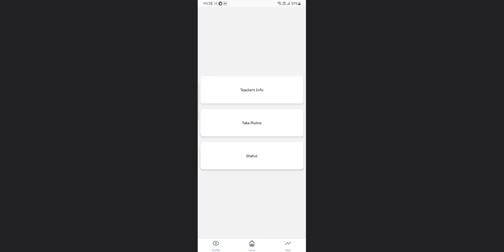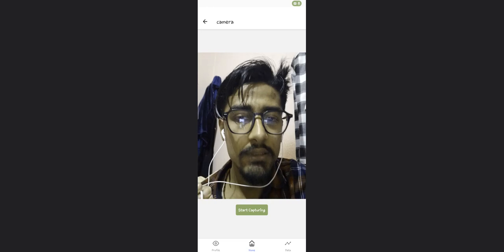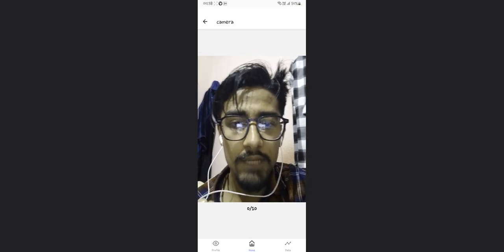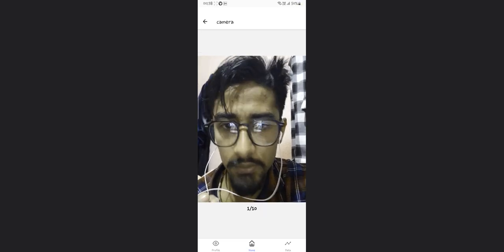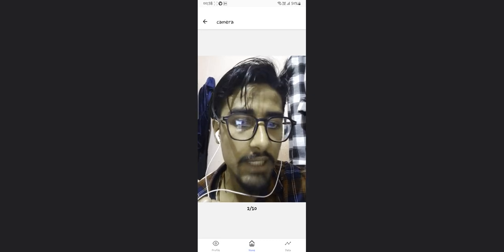Now let's move ahead and send the photos to the server for the training purpose. Let me click on the take photos option. Now it will ask permission from the user to use the camera, and I will give it permission, and there is the option of start capturing. So I am capturing the images, and for the purpose of this demonstration I am just capturing 10